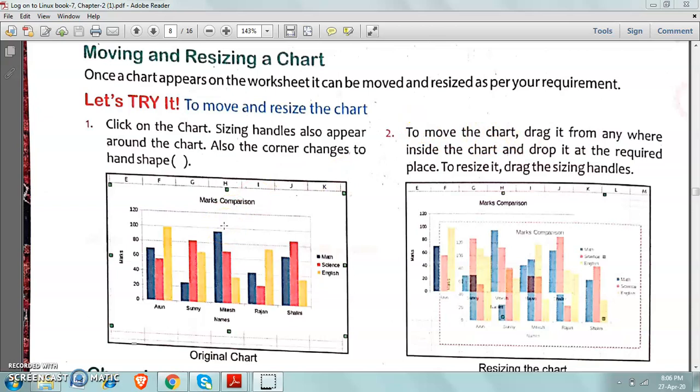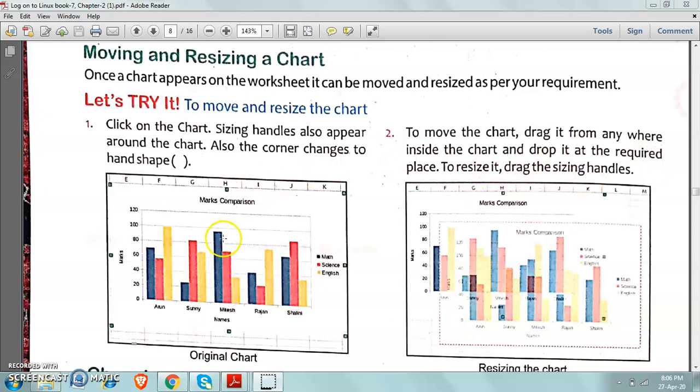Just press the left mouse button and drag your chart. Like this you can change the position and the location of your chart. To move the chart, drag it from anywhere inside the chart and drop it. After dragging, you can leave the mouse at the required place. To resize it, drag the sizing handles.